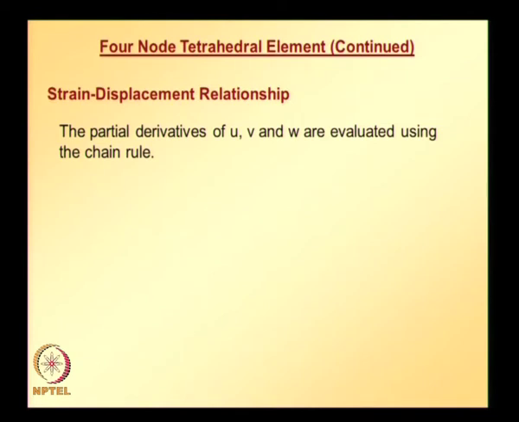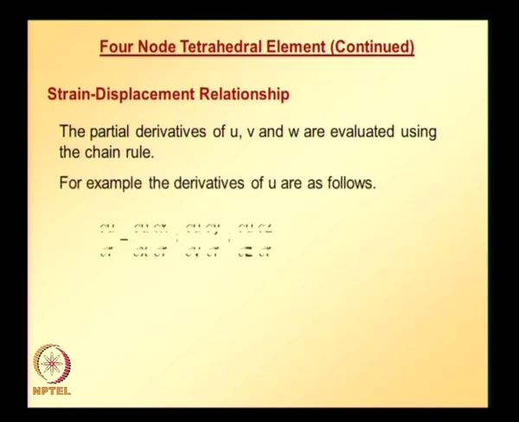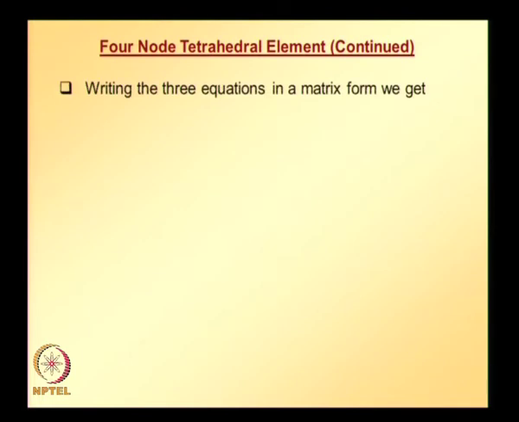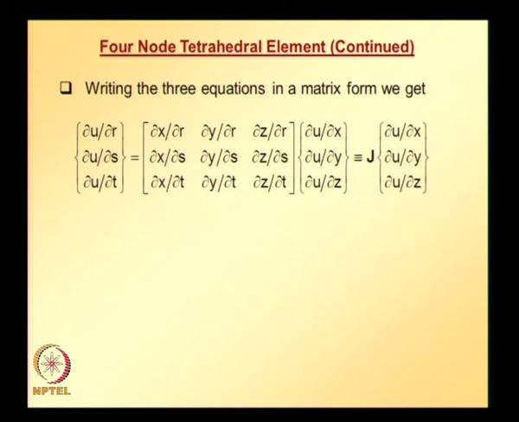For the strain displacement relationship, partial derivatives of u, v, w are evaluated using the chain rule. Here derivatives of u alone are shown. Partial derivative of u with respect to r can be written as partial derivative of u with respect to x times partial derivative of x with respect to r, plus partial derivative of u with respect to y times partial derivative of y with respect to r, plus partial derivative of u with respect to z times partial derivative of z with respect to r. Similarly, we can write partial derivative of u with respect to s, and with respect to t. These three equations can be put together in a matrix and vector form. Writing three equations in a matrix form, we get this relation,